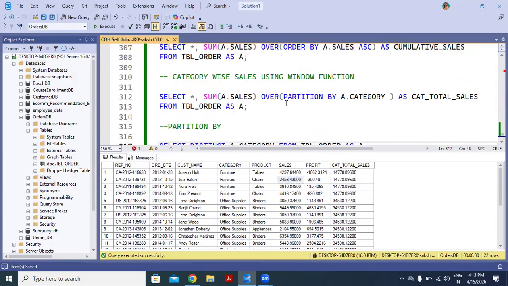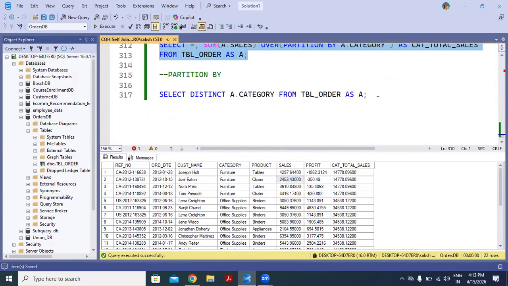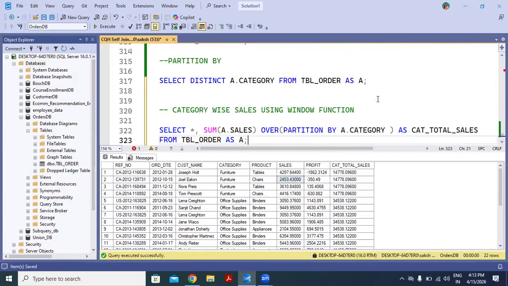So let me write it as category wise cumulative sales.